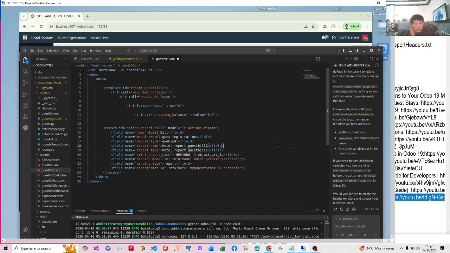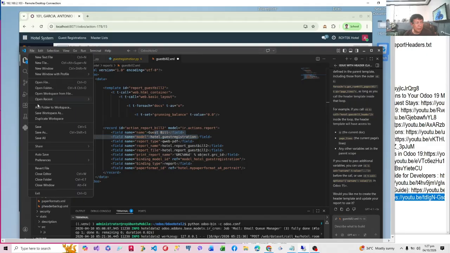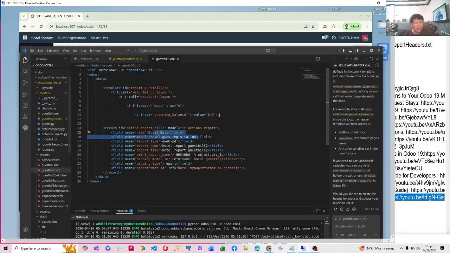So it will still use guest registration. So the main docs that we have here is guest registration, and particularly open room bill IDs, when we open this. So this refers to room bill IDs.